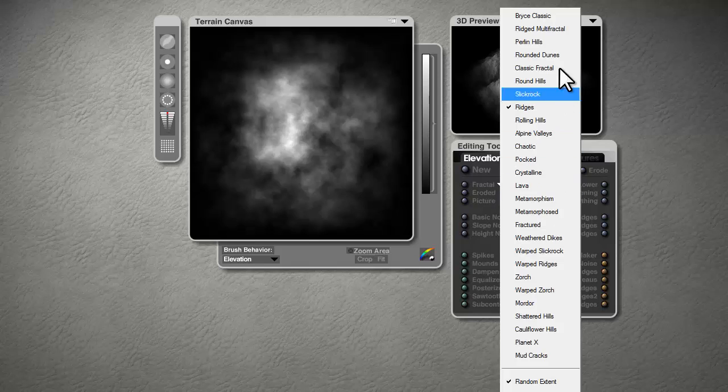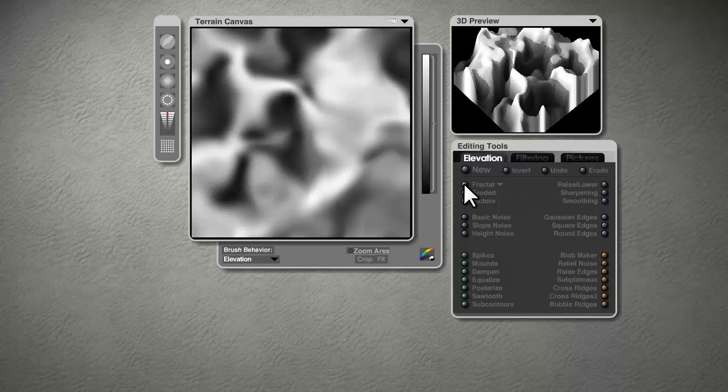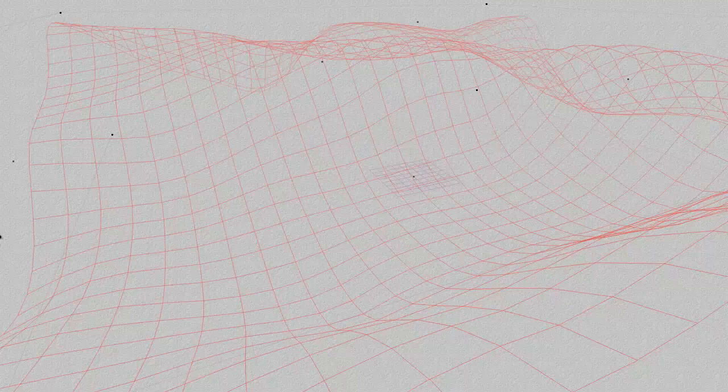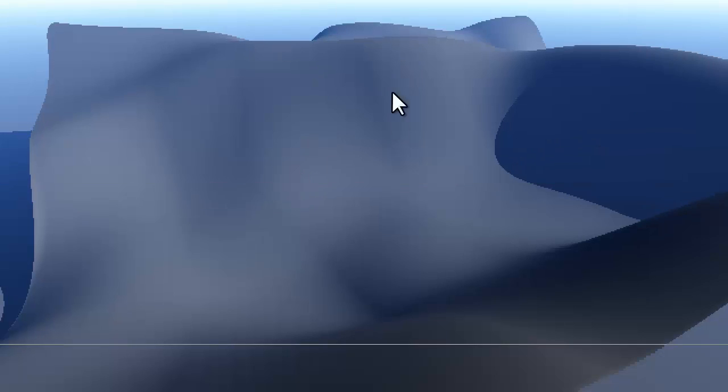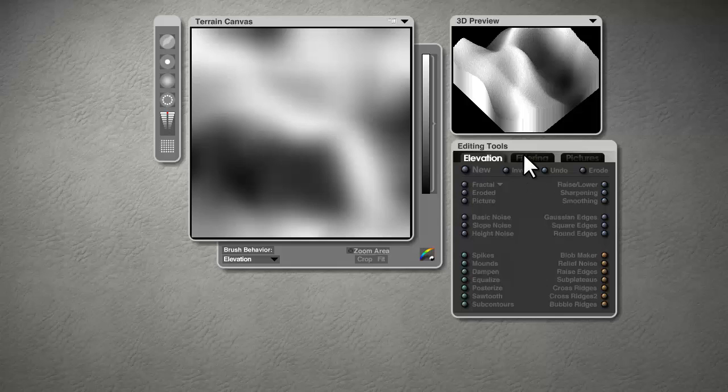For example, I'll just produce some smooth fractals. So if I go rounded dunes, that's a nice smooth fractal there. So hopefully if we get a nice low frequency one like this and then render it, you see these sides are nice and smooth. If I then go ahead and use a filter here, so I suppose I'll just create my own custom filter, smooth that out so it should be a smooth transition, so it's only a gentle filter,